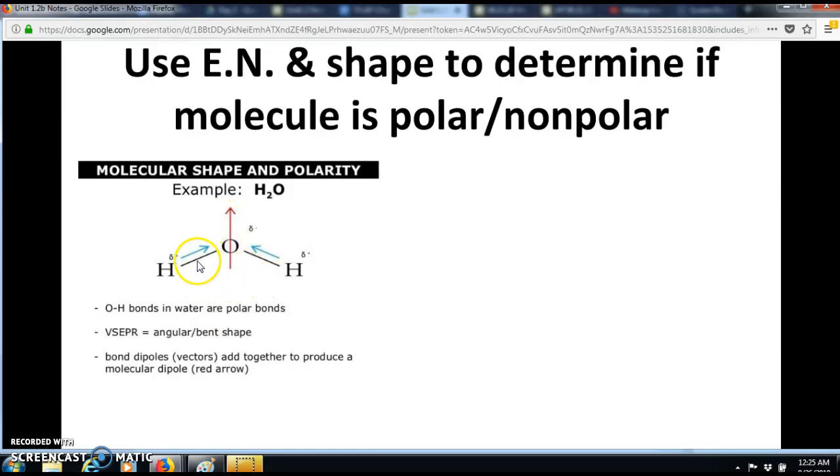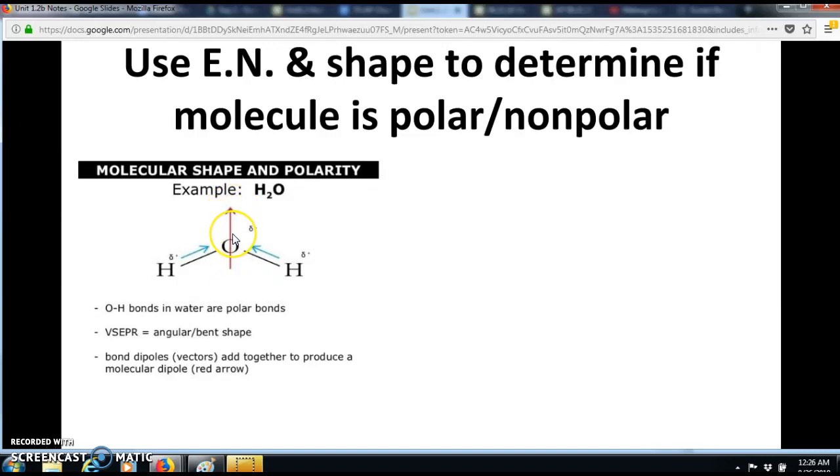So we know from this shape, and if you understand a little bit about vector analysis, that these vectors, these dipoles, will not cancel out, okay? They're unable to cancel out because they're not going completely opposite directions, for example. And so overall, we have what's called a dipole moment,